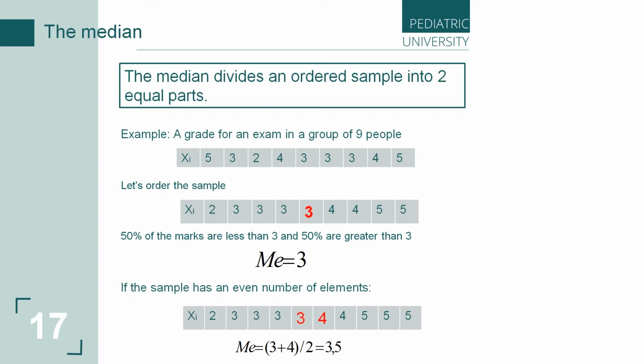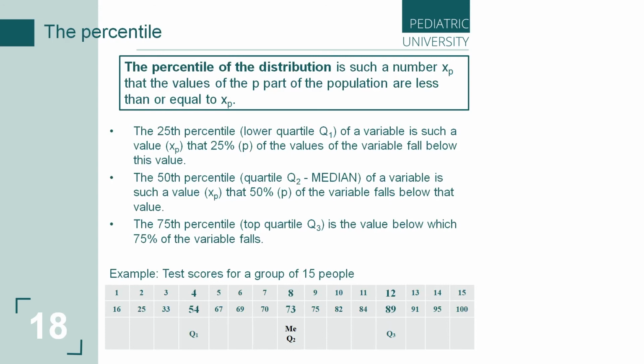What is the next important concept? The next important part of descriptive statistics is percentiles. What is this? The percentile of a distribution is such a number xp that the values of the p part of the population are less than or equal to xp, with index p. For example, the 25th